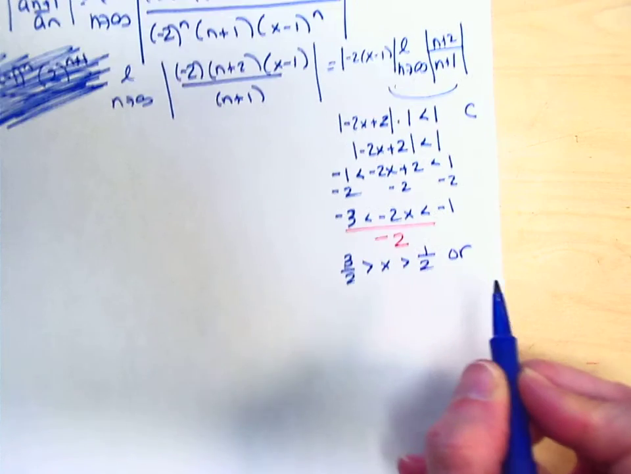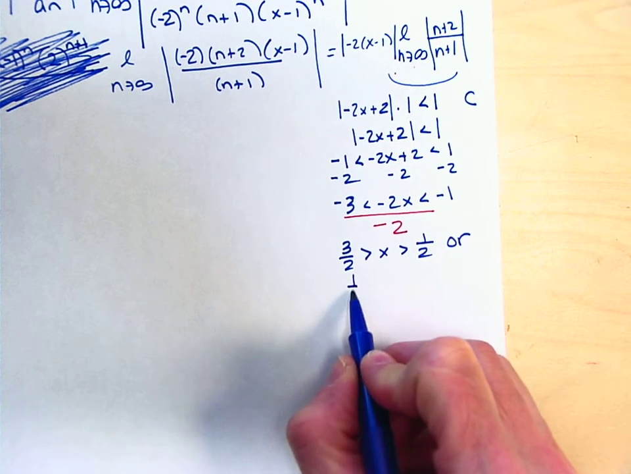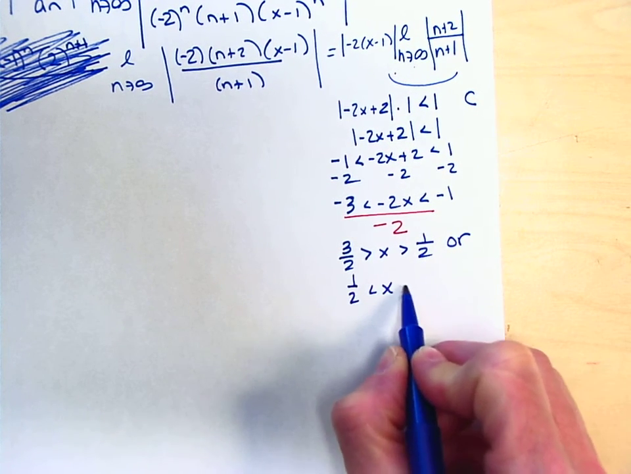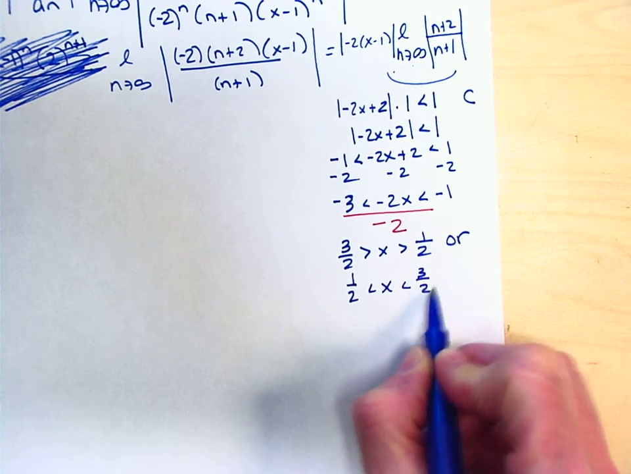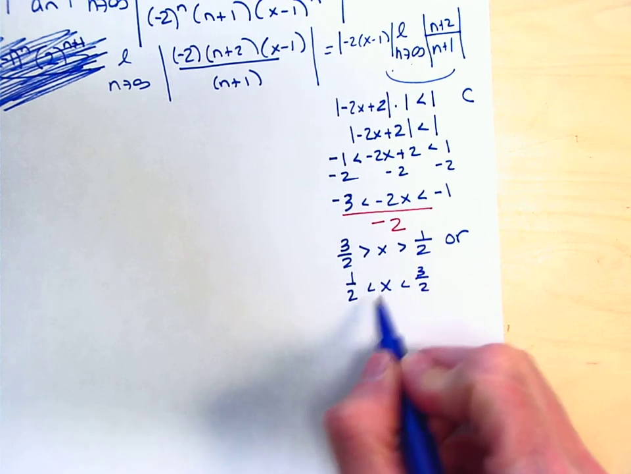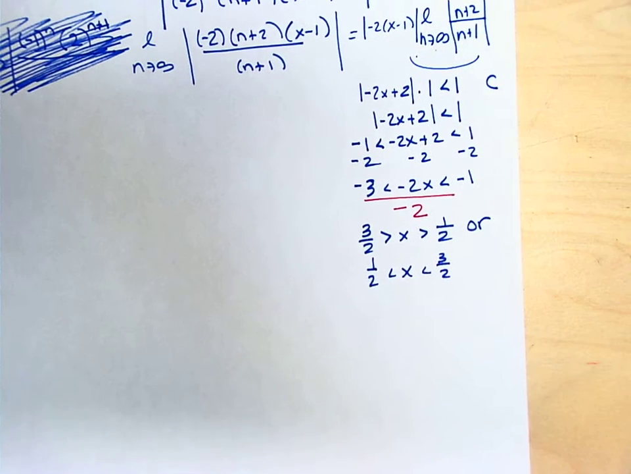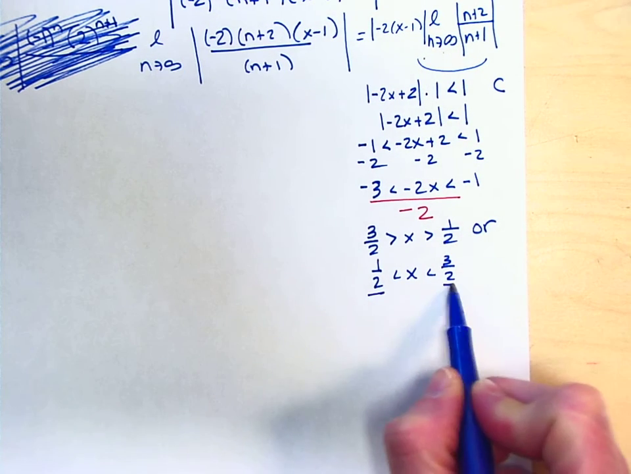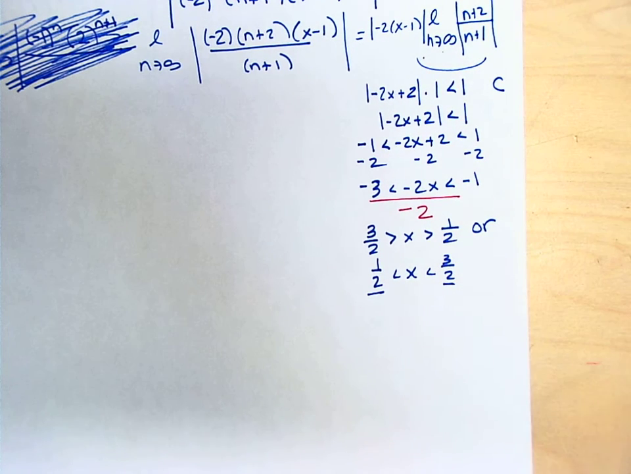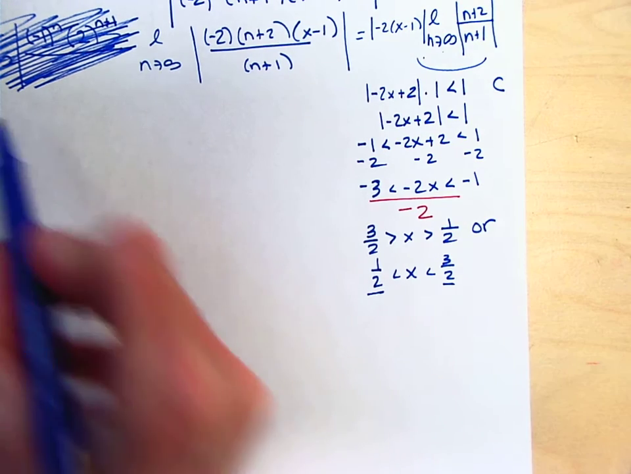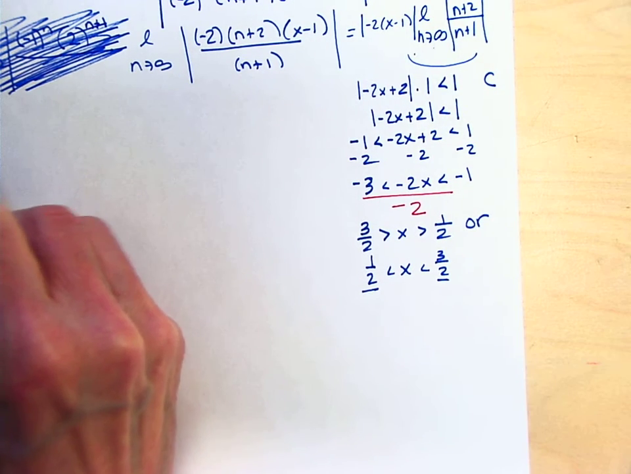Or you could write it, we usually write things the other way from lowest to highest. And just check the mouth. Make sure the mouth is pointing in the right direction. Okay, so now we're going to keep moving on. We got to test those endpoints. So the first endpoint we're going to check is 1/2. So we're going to test endpoint